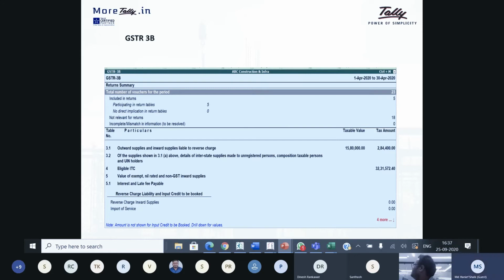In Tally, we do not need any manual intervention to generate the GSTR reports. We need to simply pass a voucher. With the help of a voucher, Tally generates automated voucher-level reporting. Here you can find on the screen the GSTR 3B report